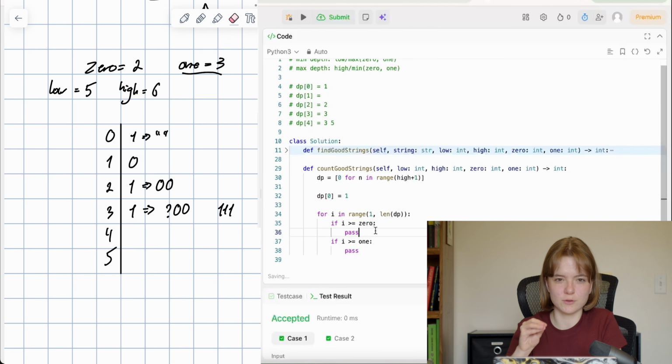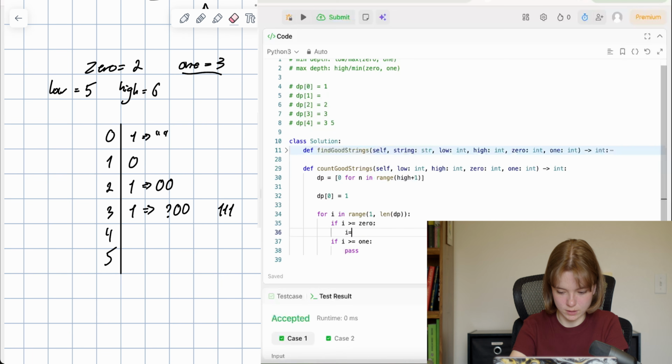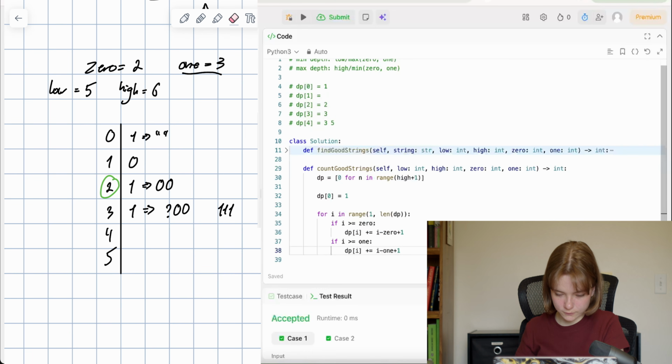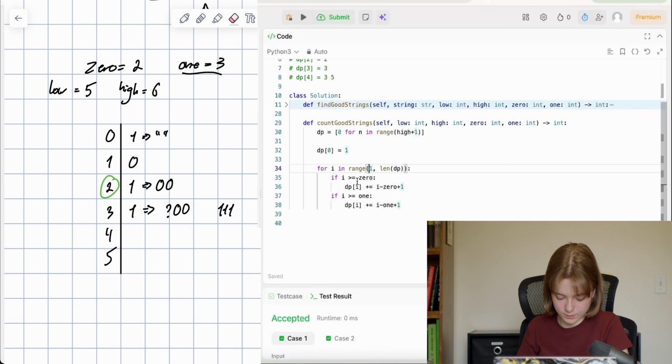So what is the stuff that we can do? I is greater than 0. 2 right here is greater than or equal to 0, which is 2. We can then go I minus 0 plus 1, and that's the amount we can add to there. And then also, that's the amount we can add to here for 1. So for example, here we have 0 is 1, that's here. Then for starting from 1, if I is greater than 0, it's not. If I is greater than 1, it's not. For number 2, if I is greater than or equal to 0, it is.